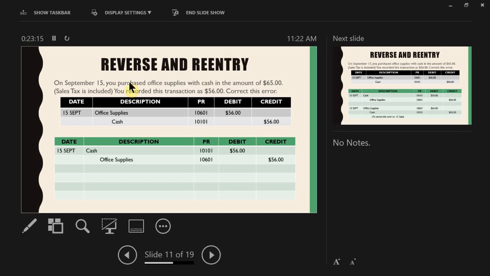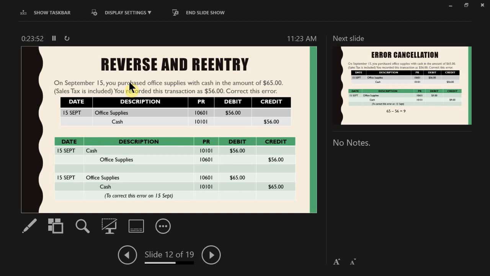So that is exactly what you're going to do. You're going to get your cash back and you're going to return the supplies that you bought for the amount that you originally wrote it for, $56. Okay? And then to re-enter it, I'm going to go back and repurchase those supplies. And this time, I'm going to repurchase them for the correct amount, which is $65. And in your journal, you should write "to correct the error from this date." Okay? So that is how you do the reverse and